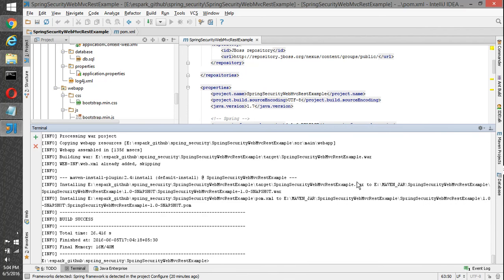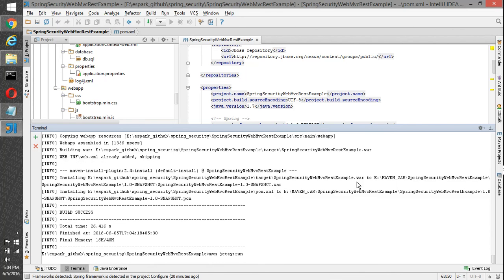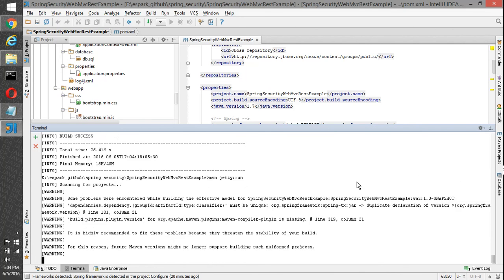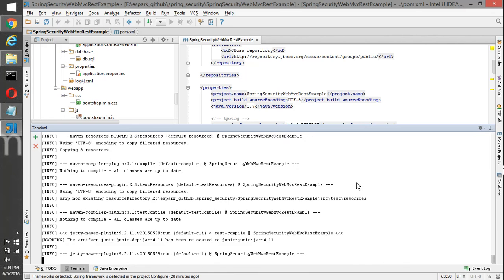So with the previous version it's working fine. mvn jetty:run.